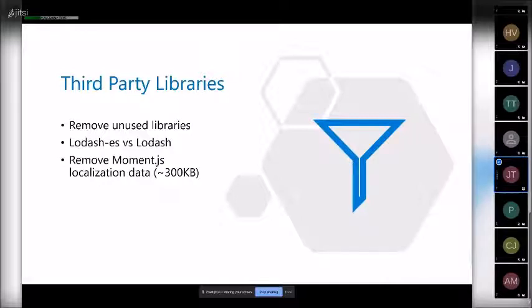Another thing we often run into is, of course, a lot of applications use Lodash, which is like a list, array and object manipulation library that's very powerful in JavaScript. And if you use Lodash, I highly recommend that you include Lodash from the lodash-es package instead of just Lodash. The reason for that is that the lodash-es version of the NPM package wraps Lodash inside of ECMAScript modules, which allows Angular and probably React as well to do something called tree shaking,